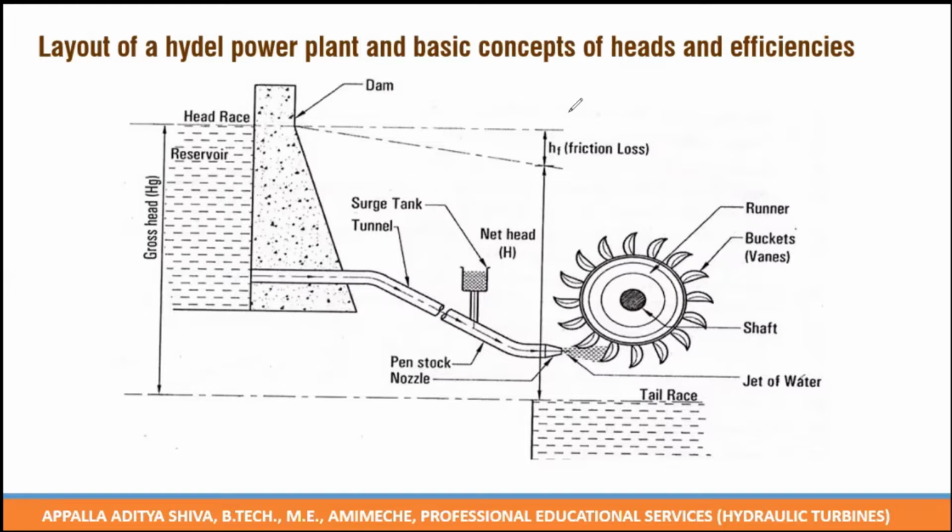So this is the runner blade. Here we can have buckets or we can have blades. Both of them function in the same manner by converting the hydraulic energy into mechanical power. This water now, which has been the energy that has been used to generate mechanical power and thereby electrical power, this water now moves to the tail race, which is at a lower level than the datum.